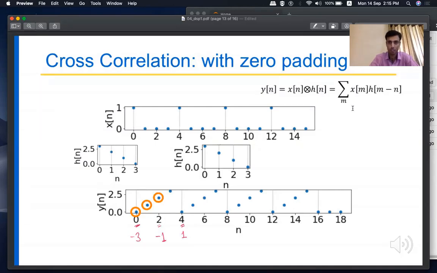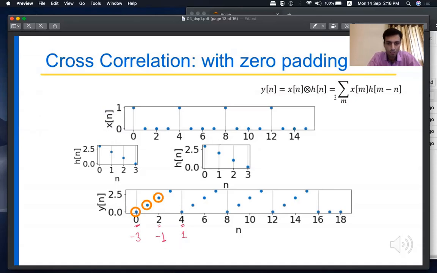then. Okay, let's say if n is 0, I have to multiply x of -3 with h of, okay, sorry, this y is -3. So okay, my n is -3 here. If my n is -3 and my m is 0, then okay, no, sorry. If my n is -3, my m has to be, again, -3 for h0 to come. If I want h, this is flipped, so h0 will multiply,